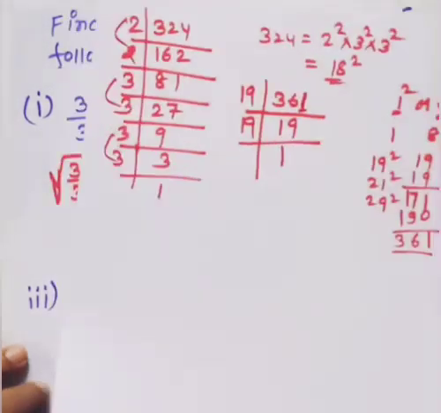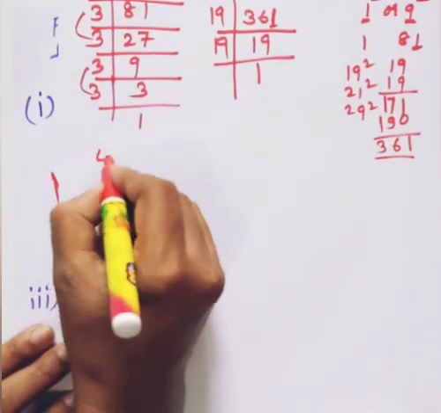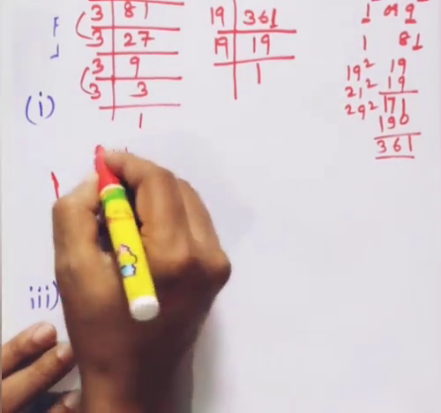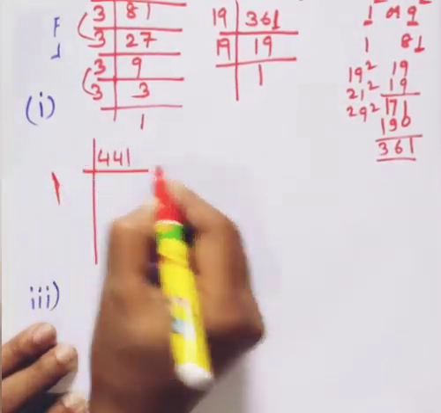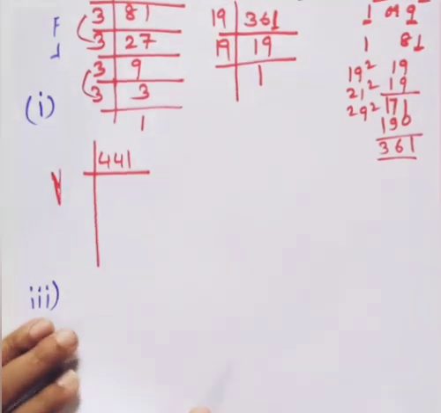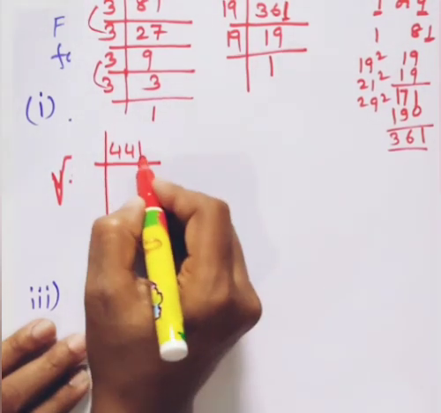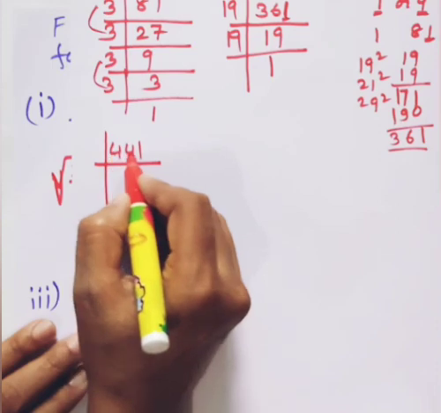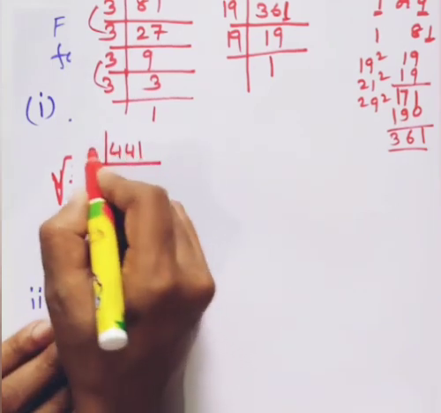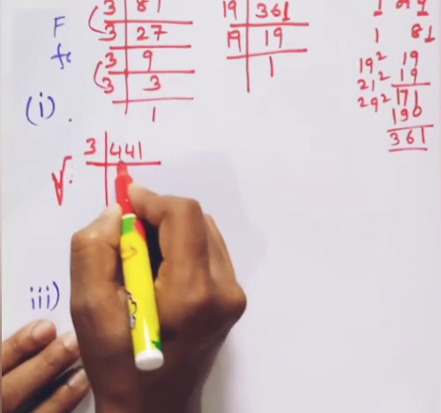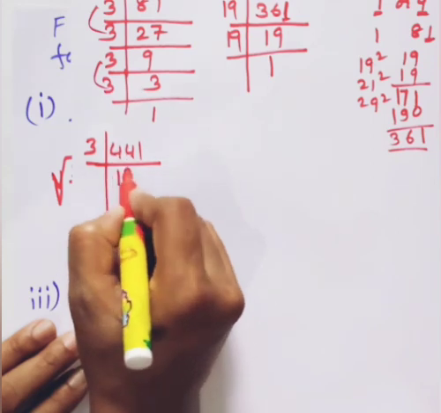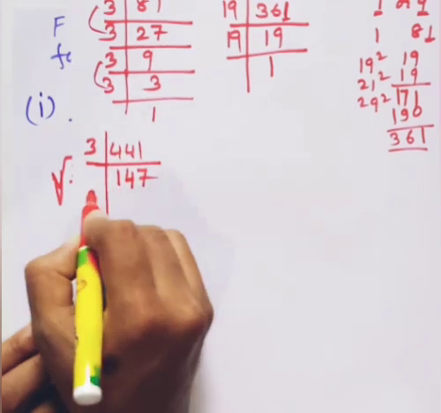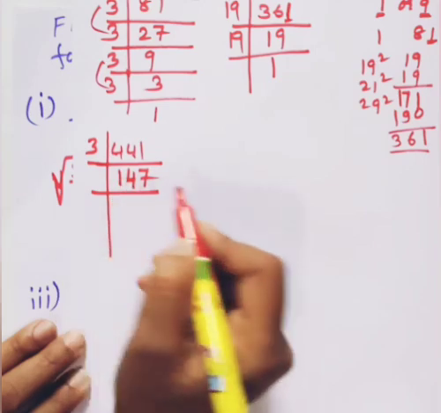Okay. Now let us move to the next part, that is 441 by 961. Let us see how we can do that. 441. So how will you factorize 441? This is an odd number, so let us add 4 plus 4 is 8 and 1 is 9. That means this is divisible by 3. So 3 1s are 3, 3 4s are 12, 3 7s are 21. 7 plus 4 is 11, 11 and 1 is 12.